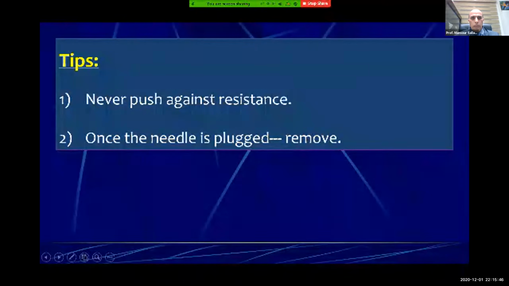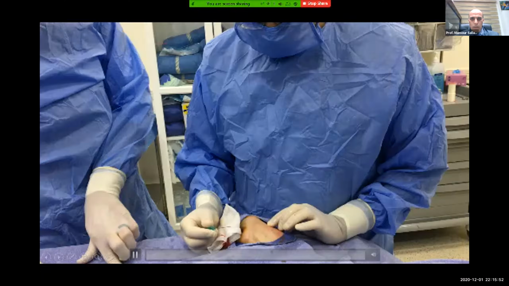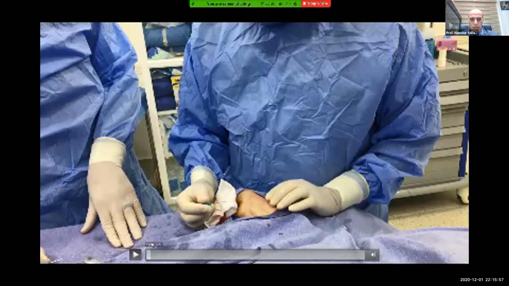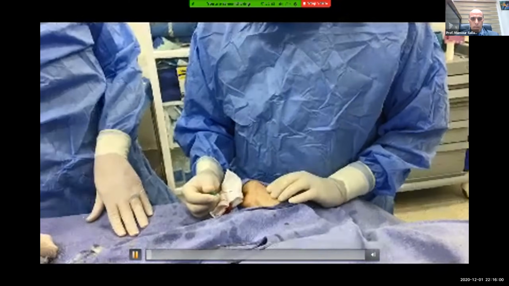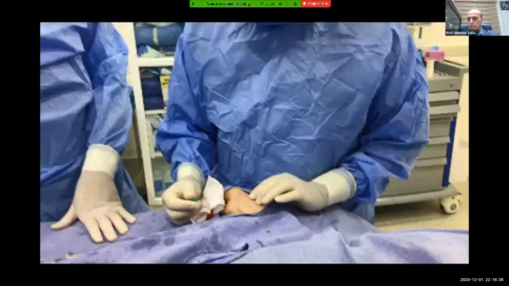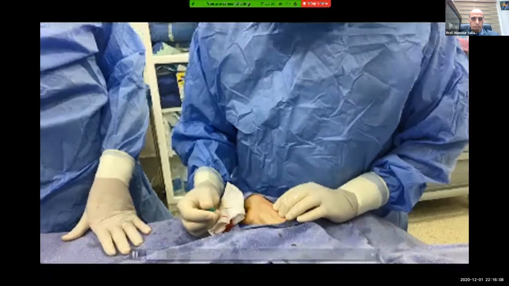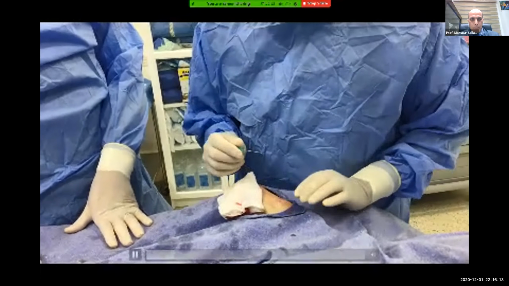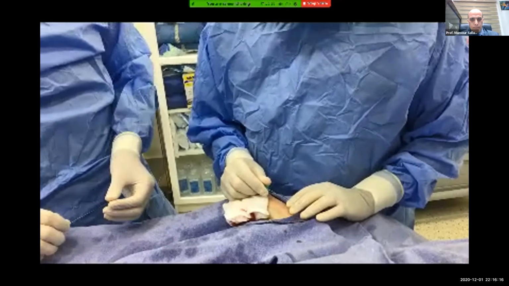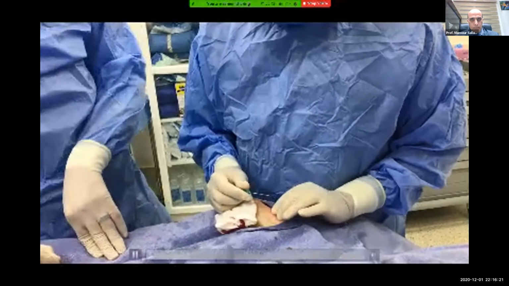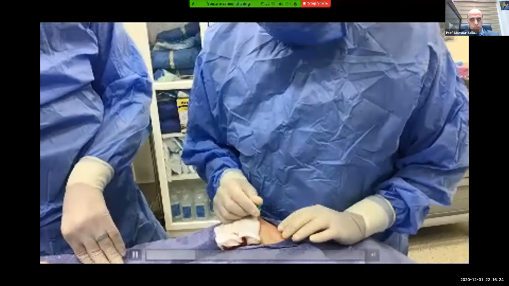So tips: never push against resistance, and once the needle is plugged, please remove it, because it's very small. We got it from the first time. However, I found resistance due to spasm, so I injected intradermal subcutaneous nitroglycerin, 500 mics of Tri-D, and just watched. In the second attempt, I would like to go a little bit more proximal compared to the previous one, because sometimes we have focal spasm that can improve after